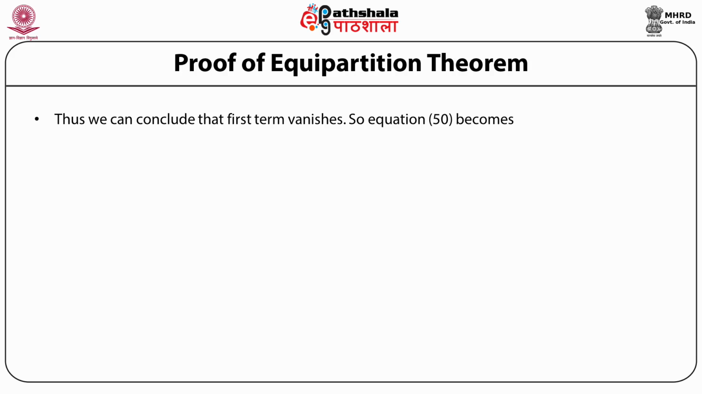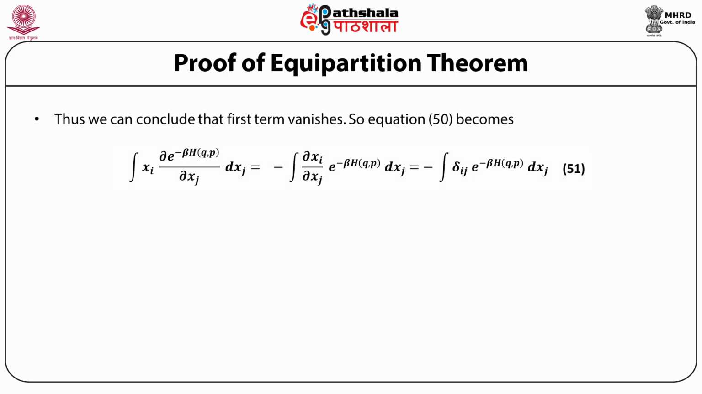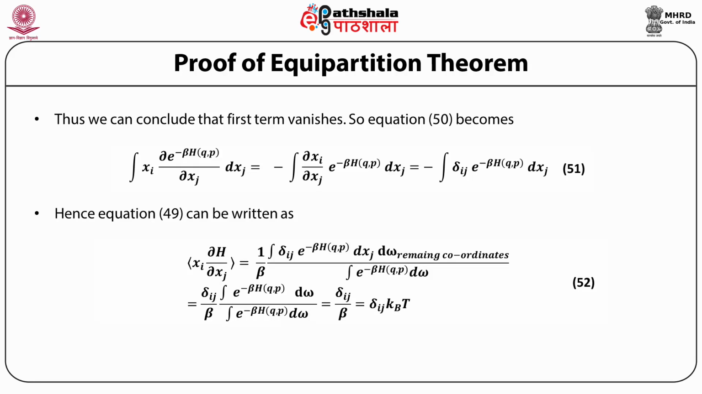So equation 50 becomes the integral of xi multiplied by the partial derivative of e raised to power minus beta H(q,p) with respect to xj, dxj, equal to minus the integral of partial xi with respect to xj, e raised to power minus beta H(q,p), dxj, equal to minus the integral of delta ij e raised to power minus beta H(q,p), dxj. Hence, equation 49 can be written as the mean value of xi multiplied by the partial derivative of H with respect to xj is equal to 1 upon beta, the integral of delta ij e raised to power minus beta H(q,p), dxj d omega over the remaining coordinates, divided by the integral of e raised to power minus beta H(q,p) d omega,